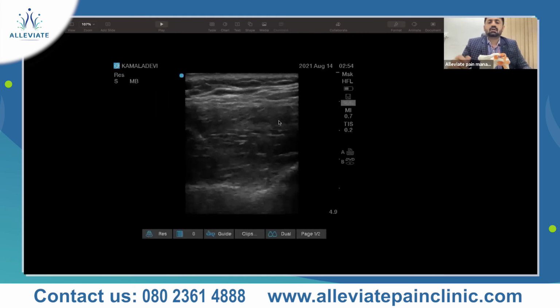So this is again a suprascapular nerve block. This is the fossa, and you can see the notch which is here. This is the anterior, this is the posterior aspect. When we are doing the ultrasound examination and we hold it like this, we may not be able to see that notch. So you need to tilt it a little anteriorly, wherein the notch will be easy to visualize.